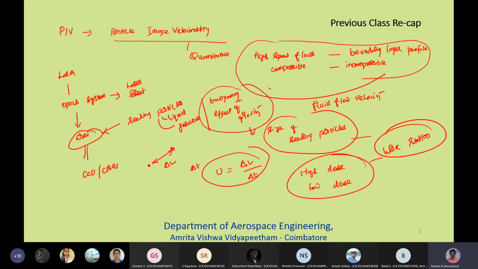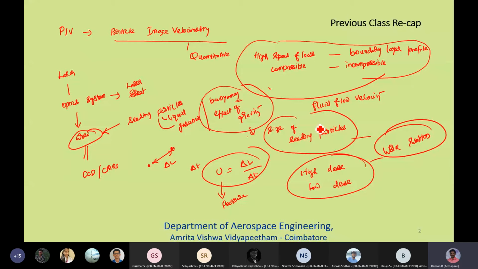I have shown you, for an aerofoil separation, how the boundary profiles near the surface are going to be, and how the flame profiles are going to be. We looked at those in the last class; I have shown the images to you. From the velocity we are going to derive the pressure field as well as the density field and other parameters. So here the flow field is populated with seeding particles. You have to choose according to your liquid or gaseous medium, and the main thing to worry about is the buoyancy of the seeding particle and the gravity effect on the fluid particle.